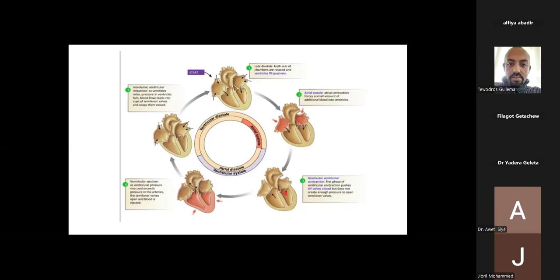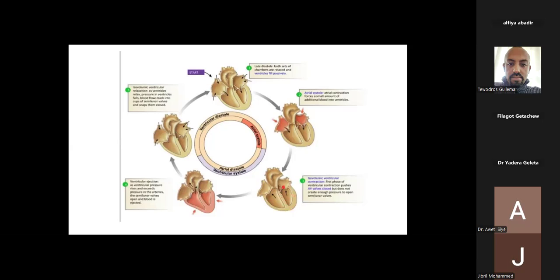In the isovolumic contraction period, the third phase in this graph, the aortic valve is closed and the AV valve is also closed. This closure is because the pressure in the ventricle is higher than the atrium. Why is it called isovolumic? Because there is no volume change. It is only a creation of pressure to allow ejection of content to the great arteries.